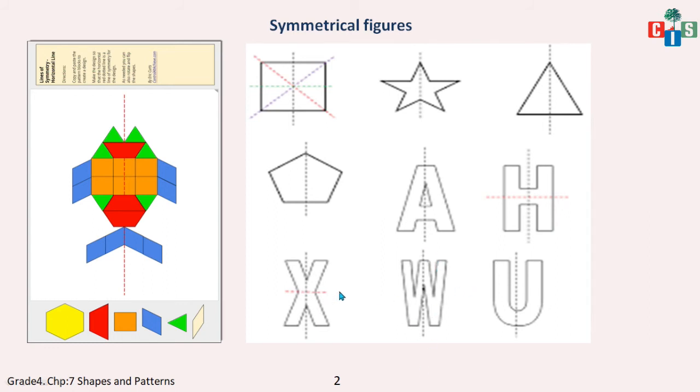If I fold it horizontally, the part here will not be equal to this part. So W, if I have this line of symmetry, will not be a symmetrical figure. If and only if I have this vertical line of symmetry, then it will be a symmetrical figure. Now U is also a symmetrical figure. I hope it's clear to you kids.